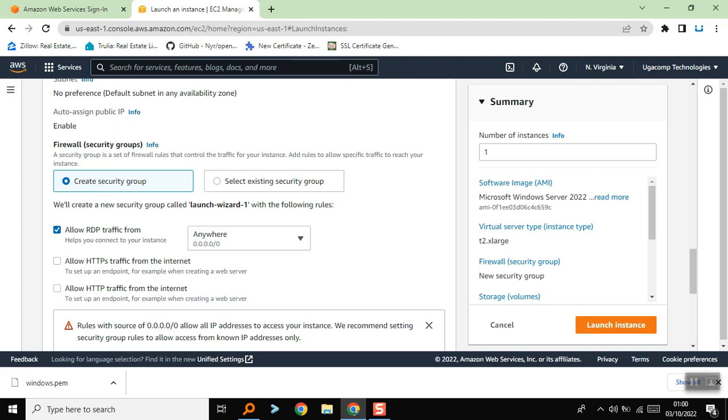You can select anywhere, or you can select custom or your own IP address, but for this case we will select anywhere, meaning that we can log into our machine from anywhere, regardless of the location or the machine we are